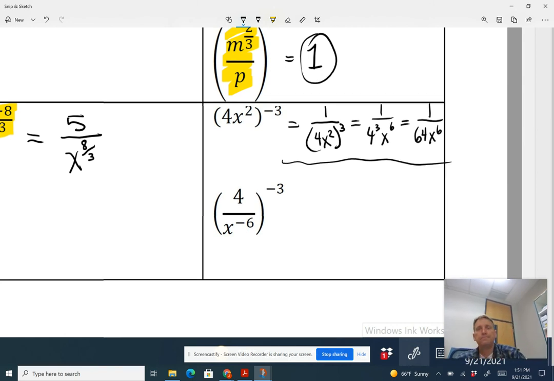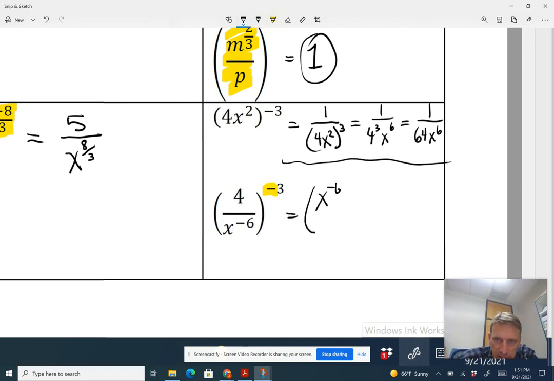And then on the bottom, when you have a negative power like that, you can get rid of the negative by just switching the numerator and the denominator. And so we can write this as